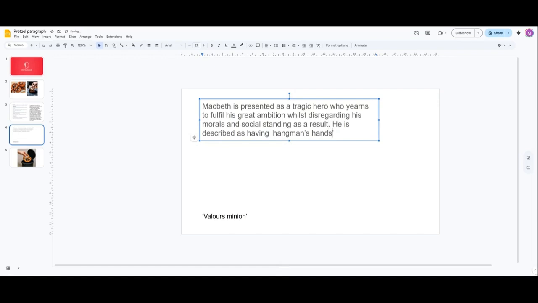He's described as possessing hangman's hands due to his ruthless killing of King Duncan, who he adores. Yeah? So, described as possessing hangman's hands due to his ruthless killing of King Duncan, who he adores. So, Macbeth draws